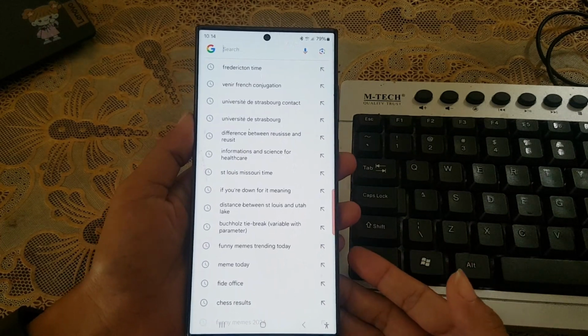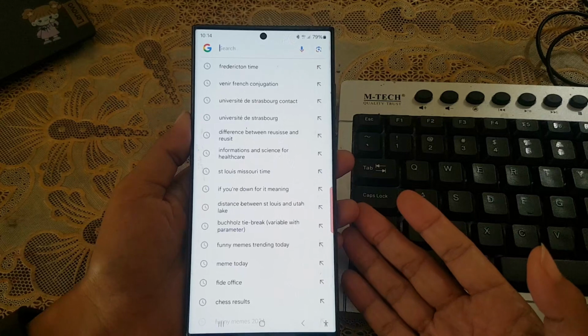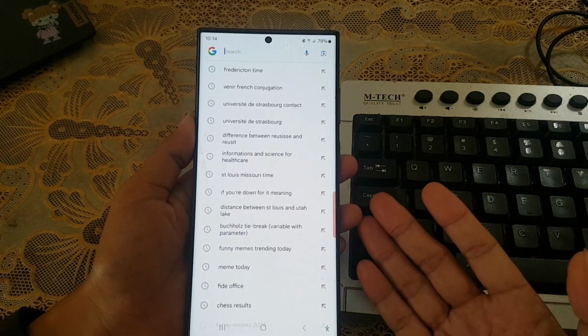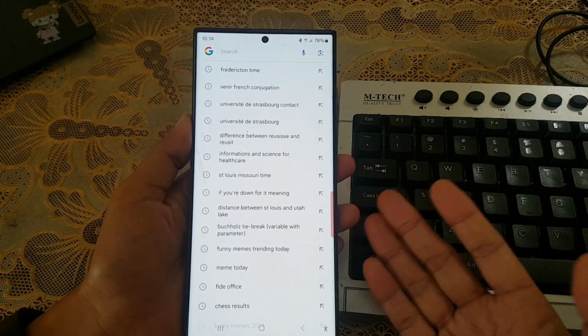As we have seen how to enable and use the keyboard shortcut to change the keyboard language, you can enable all of the keyboard shortcuts or just the one that you feel the most comfortable to use with.